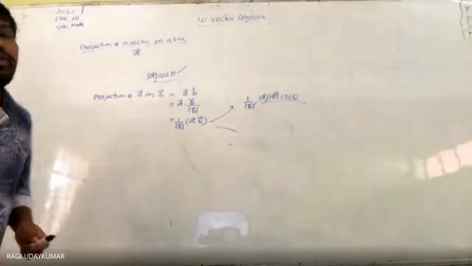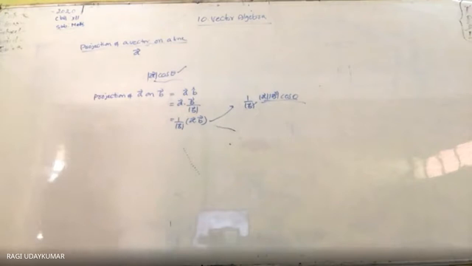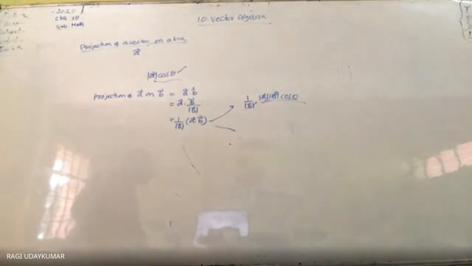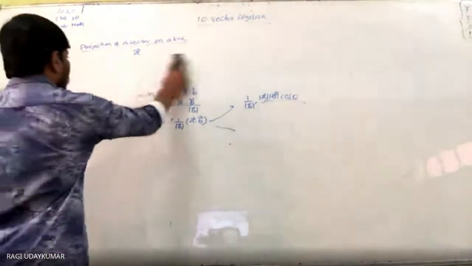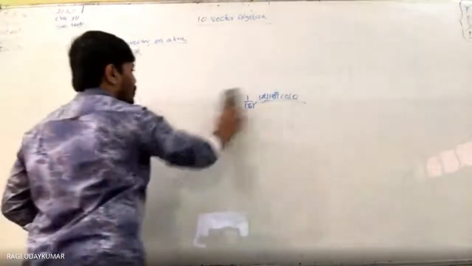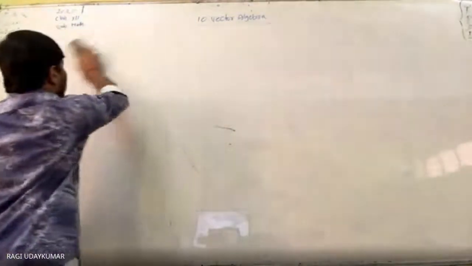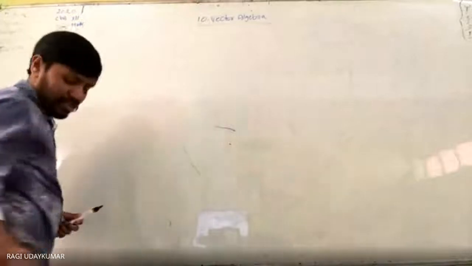Okay, so let us go for the exercise problems. Whenever we are solving, you can easily understand. These are the main things you need to observe: whenever you are taking the projection of a vector on another vector, that is, a directed line segment, we get it like this. Next, exercise 10.3. See, simple problems in this, not very complicated. One or two problems may be a little bit different.